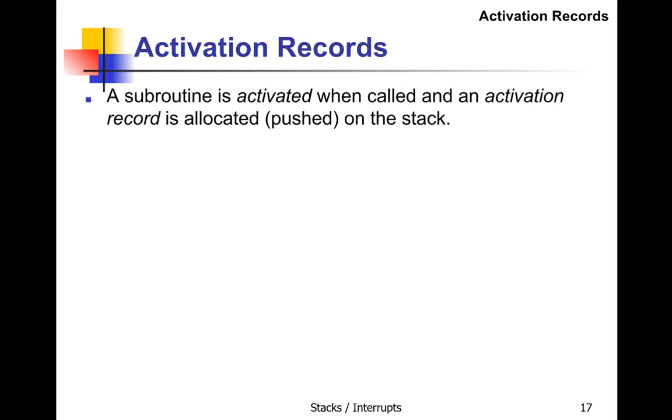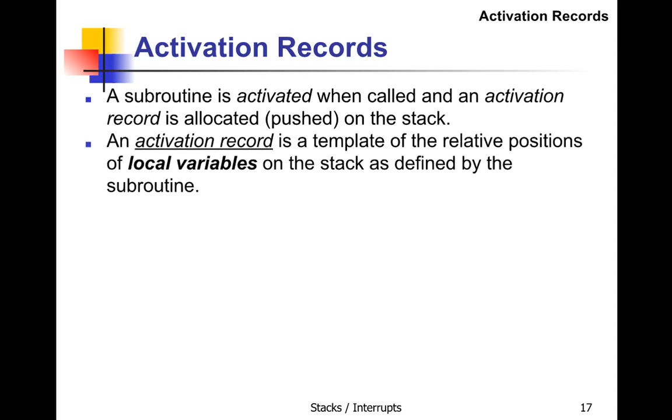Now I'd like to look at activation records, and this gets a little bit complicated, so pay close attention. A subroutine is activated when called. And when a subroutine is called, an activation record is allocated or pushed on the stack. An activation record is a template of the relative positions of local variables on the stack as defined by the subroutine. This includes the return address,